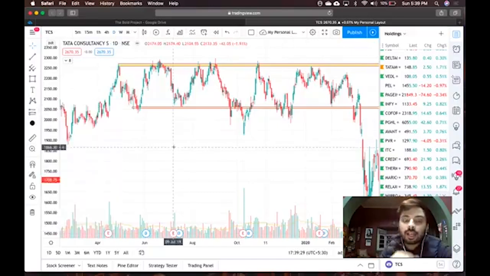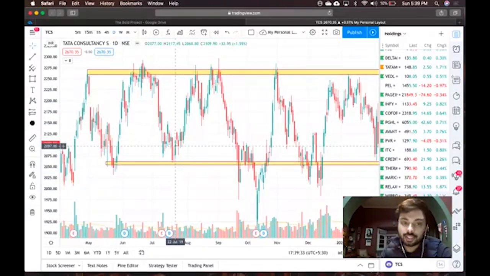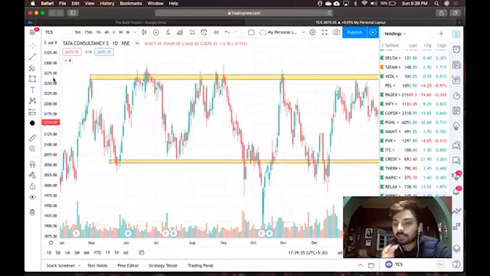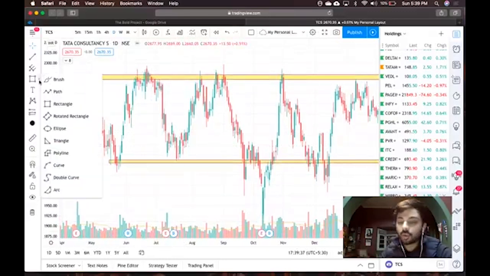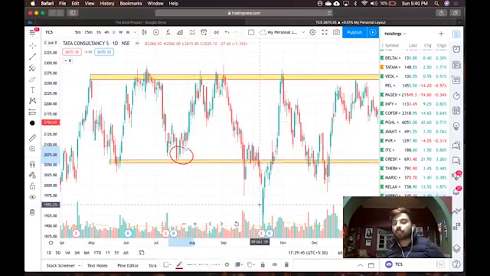So let's take an entry. Let's basically decide what we should do in the market. If you remember the candlesticks in the last module, we have told you all to combine the candlestick concept and the price action concept. So you can see very well over here, the area I have encircled, there is a doji. So you have a support, and at that support, there is a doji telling you, I'm not going to go down. From this point on, I am going to go up. That's a buy entry for you.